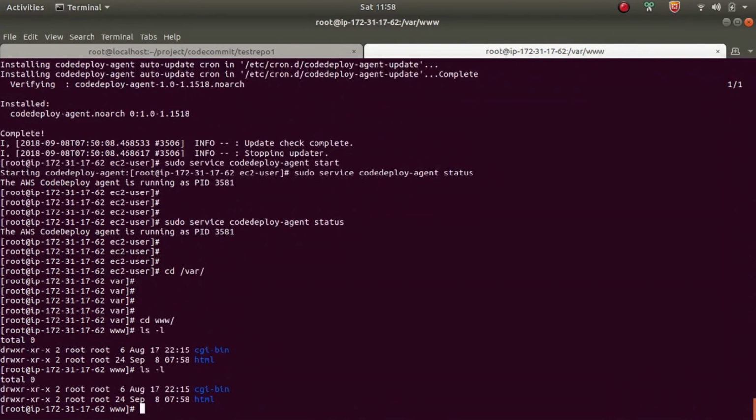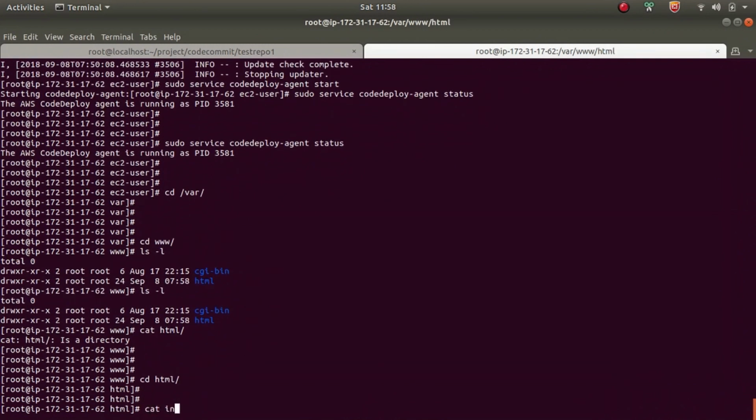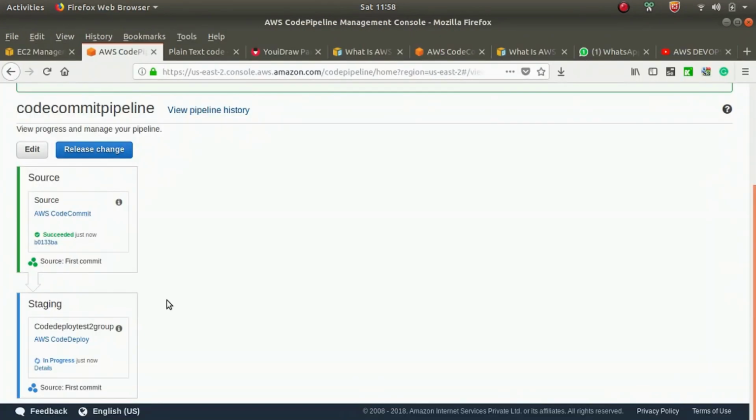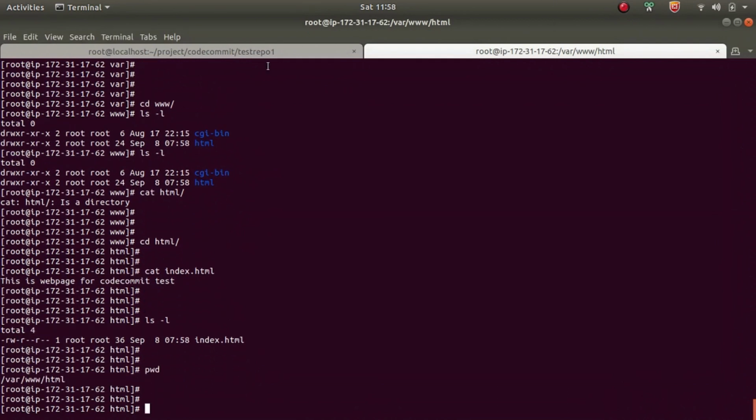Yeah, our EC2 instance HTML file is now deployed. Go to HTML, you see the index.html.